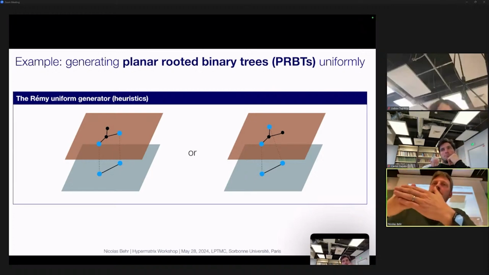What I'm trying to visualize is that the bottom of this Y needs to be of the same kind as the original edge. Otherwise, of course, you might destroy your tree structure. And then there's a left and a right pointing thing. Either the left pointing is a new leaf or the right pointing. These two options you choose at random. So you choose at random which edge and at random which of the two options. And this will produce a uniform sample.